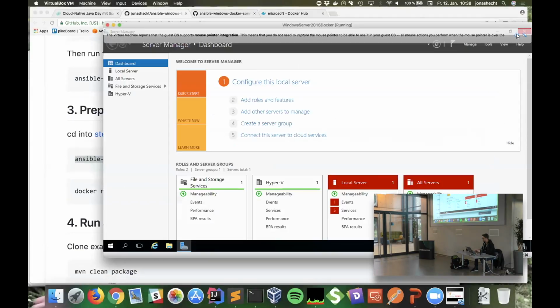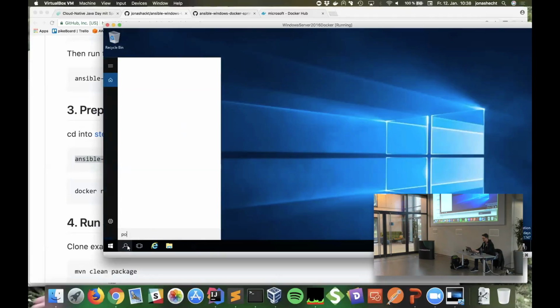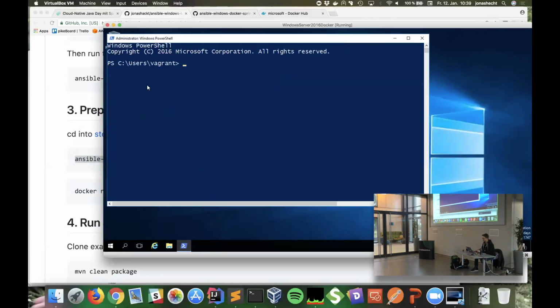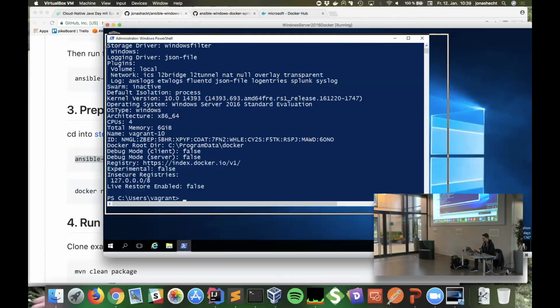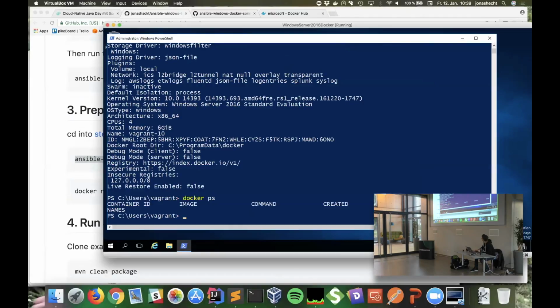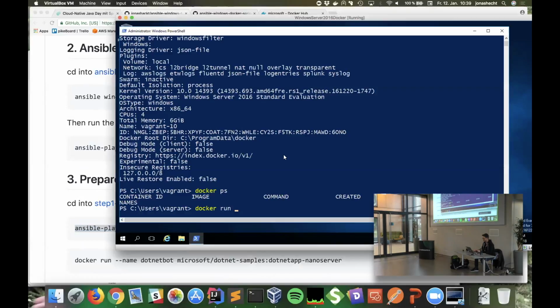Okay, let's have a look. Just restart it. So let's take the PowerShell. Right, should be there. Okay, so we can just do a Docker run. And let's see what this guy here is saying.